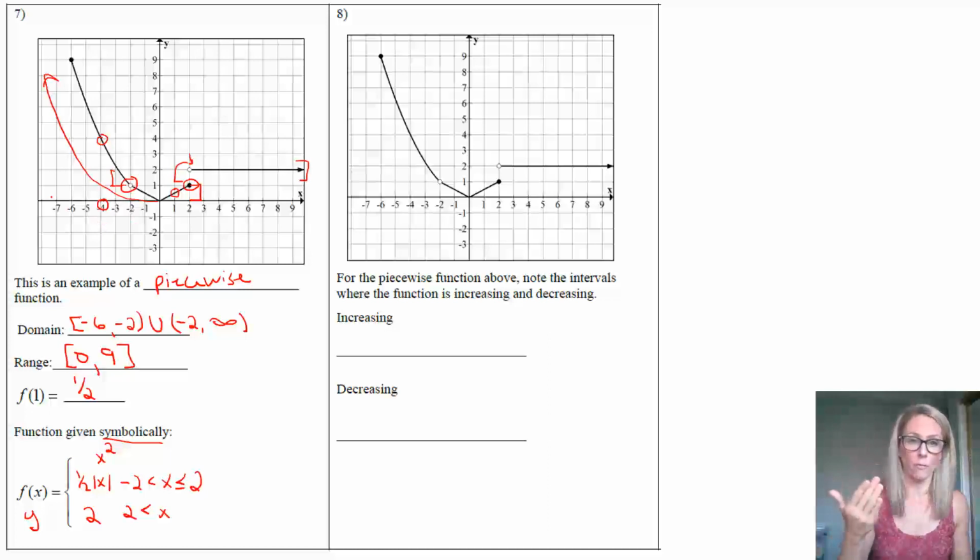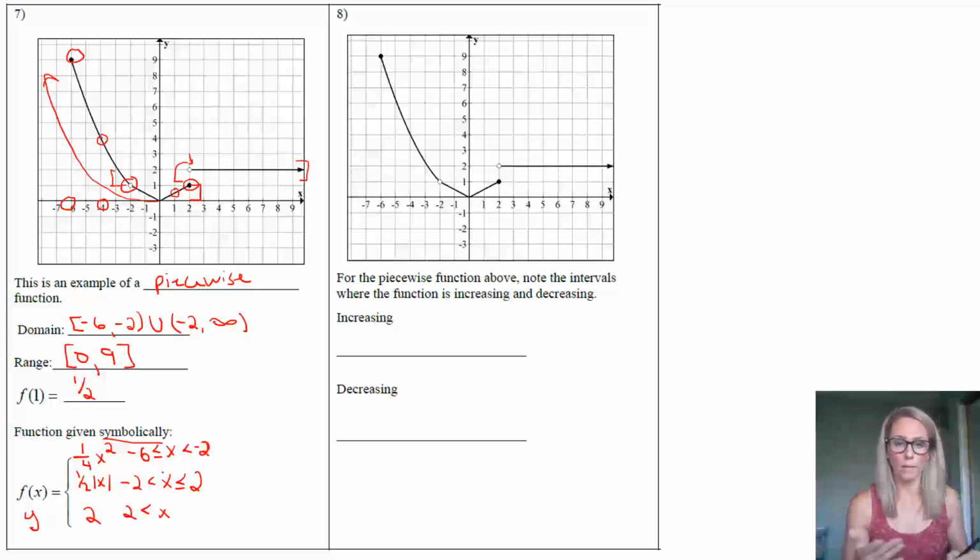So if you put in -4 and get 4, if you put in -6 and you get 9, you should see that this is actually a function that is less than what you would think it is, those y values. And so there's a factor there that's creating the smaller y values. So it's actually 1/4 x squared. And that's, of course, from our -6, which is where it starts, to being less than -2. And so that's what we have there symbolically. And those are just things to be thinking about when you see piecewise, like what are the types of pieces that you get.